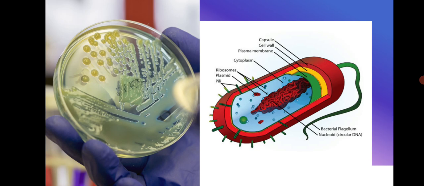And pili, the appendages, you can see the spike-like projections which are present all over the surface of the bacterial cell wall, and the hair-like long, filament-like appendage that is protruding from one end of the bacteria is called the bacterial flagellum, which is the locomotory organ of the bacteria, which helps the bacteria to move from one place to another. So all the parts of the bacteria, the structure of the bacteria, can be clearly understood if you look at the image very carefully.